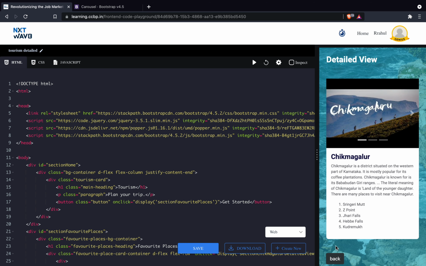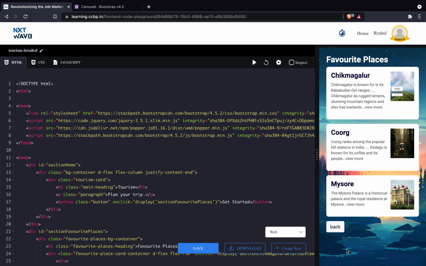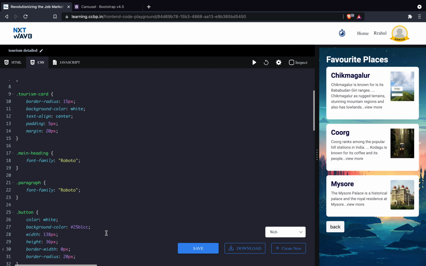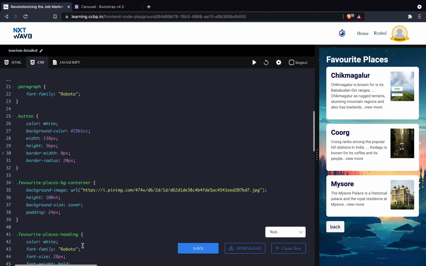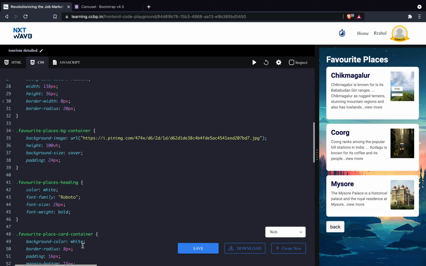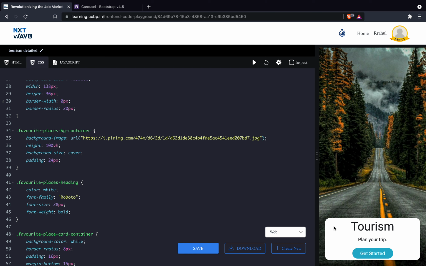You might be wondering how all these designs are possible, how we can shape these cards, and how we can add images and all. For this we have to write the code in CSS. As we know, CSS is especially used for styling, and you can see the URLs and fonts that I have used here, and the font sizes, colors, and the paddings, and the height and width of the cards, and many more codes related to the styling of this entire page. Once again we will go back to the home section.